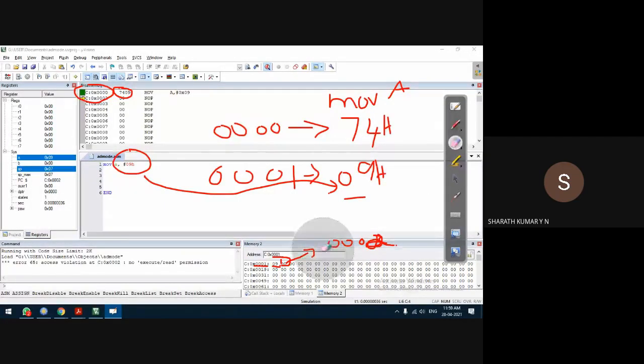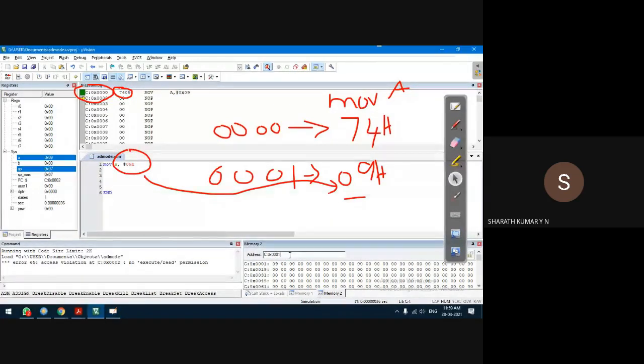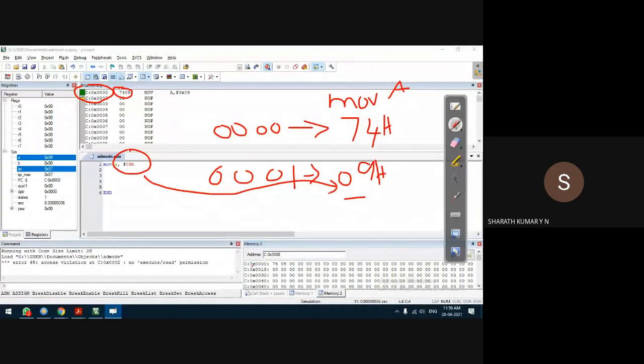So from this we understand that the binary representation of the instruction we have written is loaded in the internal ROM space, starting from the address 0000, and this address can be changed. How to do that? We'll see later. Our program also has one more line. It's not an instruction, of course. It is an assembler directive.